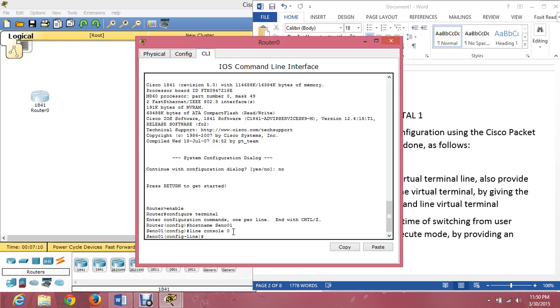We have line console 0. To provide the password, just type password, space, the password of our choice. I want the password to be Kusi13. Enter.